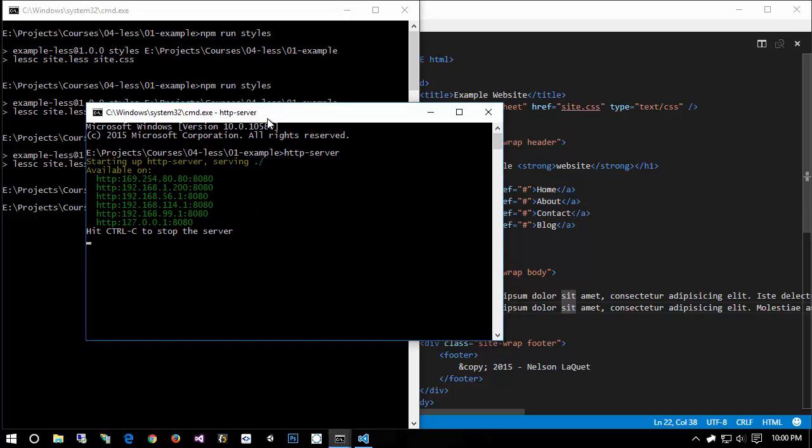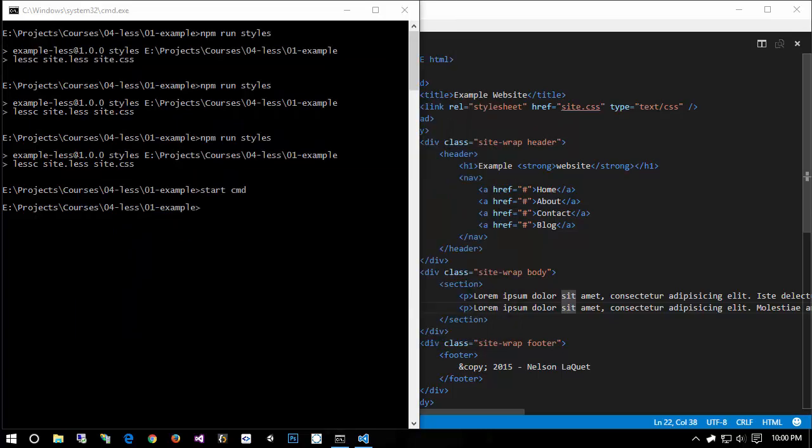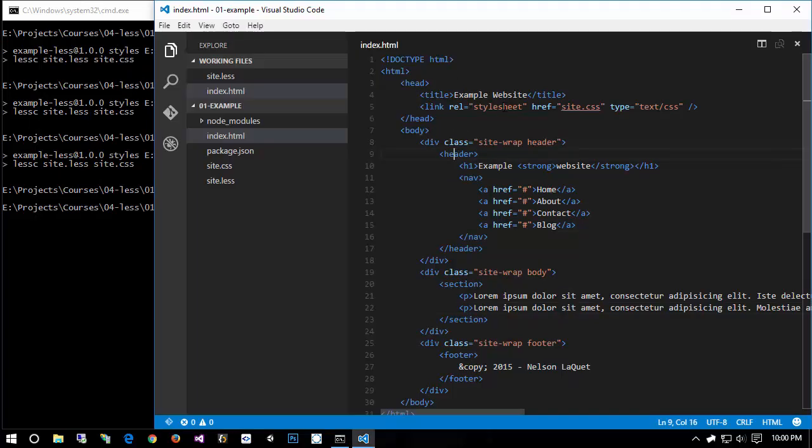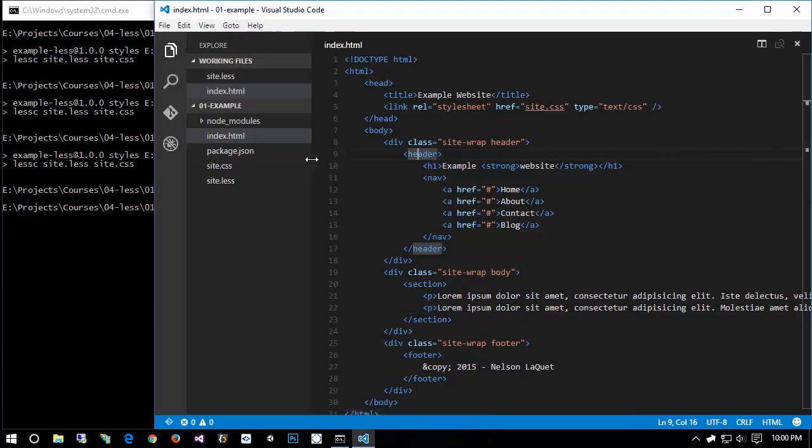All right, so I'm going to move this off the side. We won't be needing to look at this anymore. But do keep it running, because if you close it, you're no longer going to be able to access this HTML file. Now, of course, you don't need to use HTTP server. You could just pop open the HTML file yourself off your file system, but it's up to you. Anyway, I'm going to keep this HTML file open for just a quick sec for you guys if you want to pause it to take a look at it, because after this, we're not really going to look at this